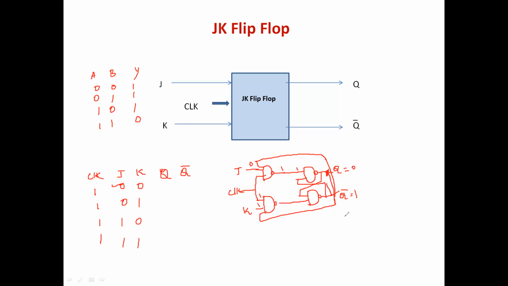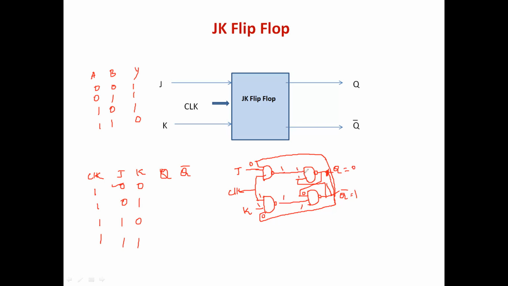Just a minute. This will be 0, so the output is high here. Now when Q bar is equal to 1, the output is 1. Q is equal to 0. Here the output is 0. So with 1 and 1, the output of the next state will be